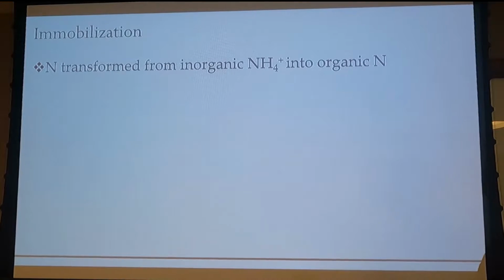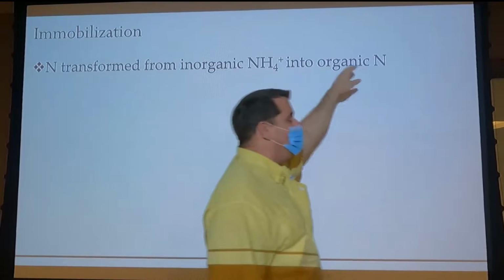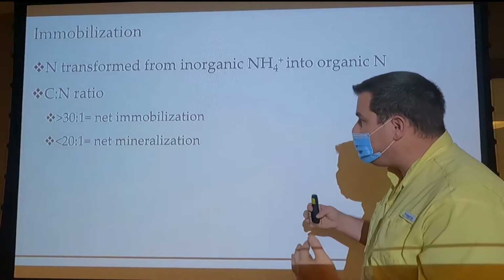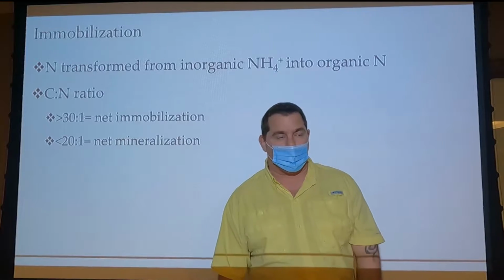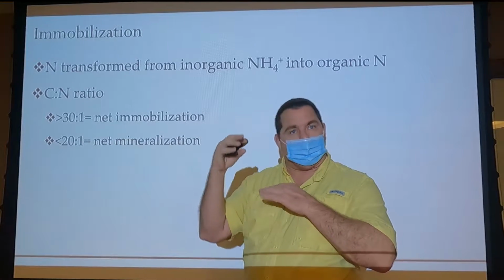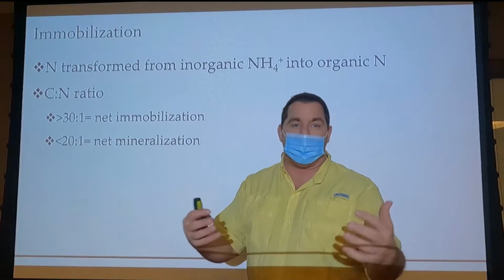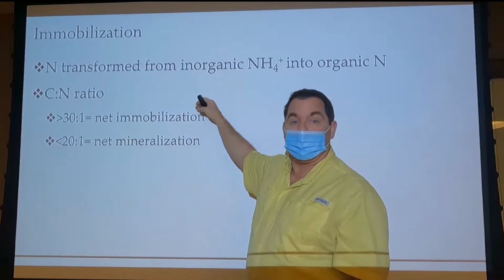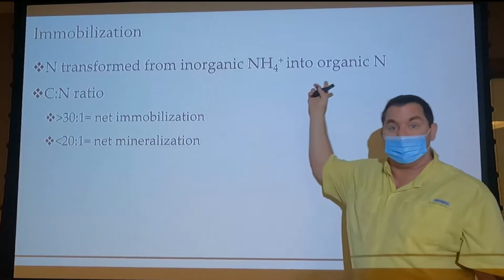So we've discussed that immobilization is the transformation of inorganic to organic. Remember, I've struggled with this whole net immobilization, net mineralization. The ideal microbial diet is a carbon to nitrogen ratio of about 24:1. So somewhere in between here, we're in that gray zone. It'd be really hard to determine the net immobilization or mineralization. It'd be very minuscule and probably would amount to a hill of beans. But once we get above 30:1, we're going to get immobilization, and we're going to look at that in class. And if we get below 20:1, we would have a net mineralization, which is the transformation of